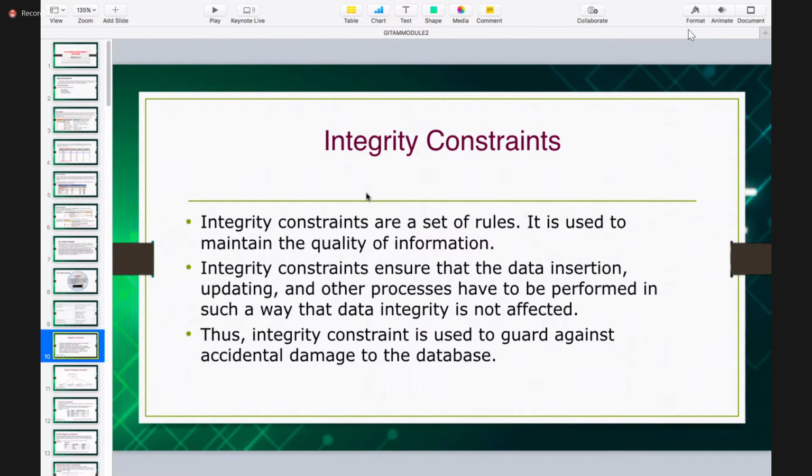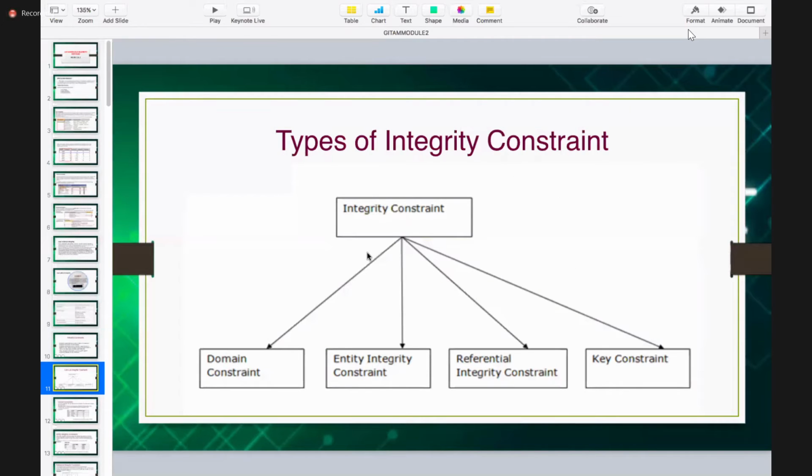And when you talk about column integrity, it should adhere to the properties of the format and the definition that you specify. Referential integrity means the foreign key, primary key relation should be present. User defined means check constraint. So integrity constraints are a set of rules, and while applying these constraints, you should ensure that data integrity is not affected. Am I clear, ma'am? In integrity constraints, you have different types like domain constraints, entity integrity constraint, referential integrity constraint, and key constraint.